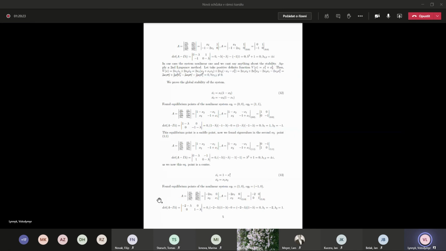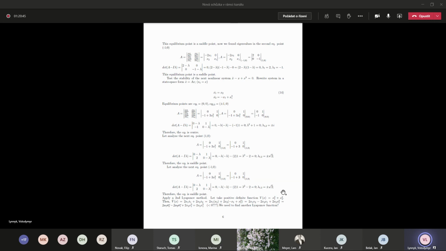When we calculate the eigenvalues, we found the first one has lambda 1 equal to minus 2 and lambda 2 equal to 1. This equilibrium point (1, 0) is a saddle point, and it's unstable. The second one is (minus 1, 0),